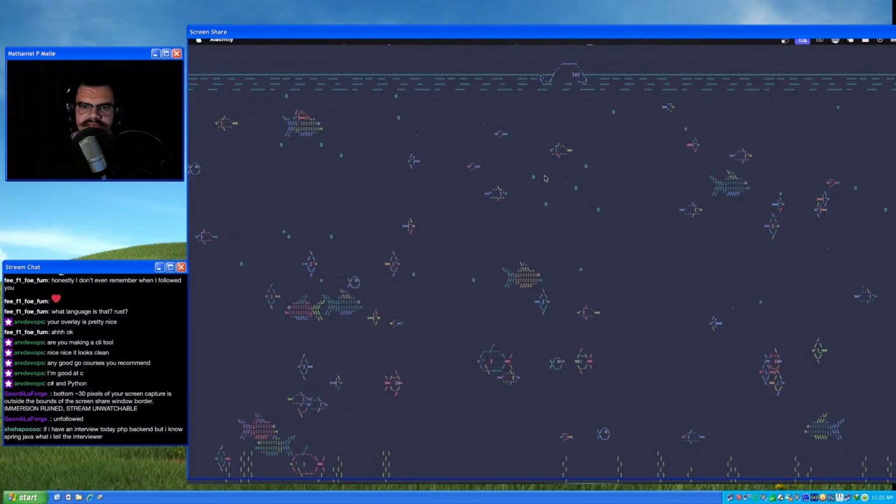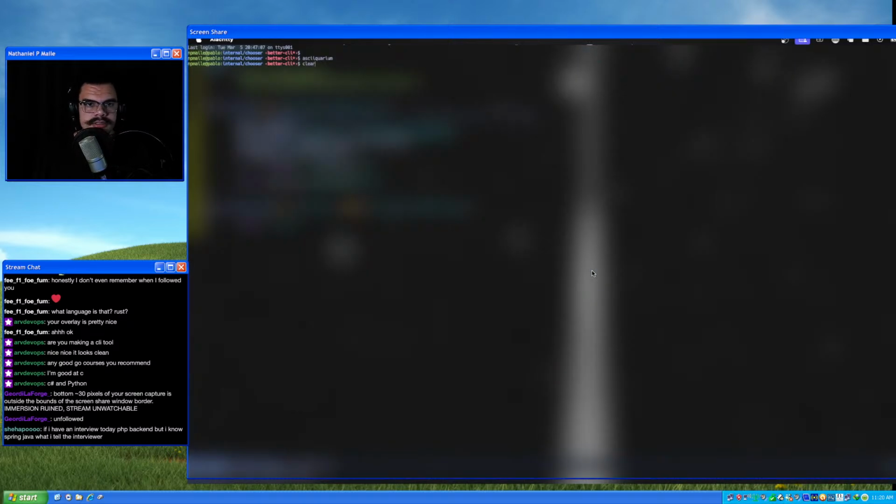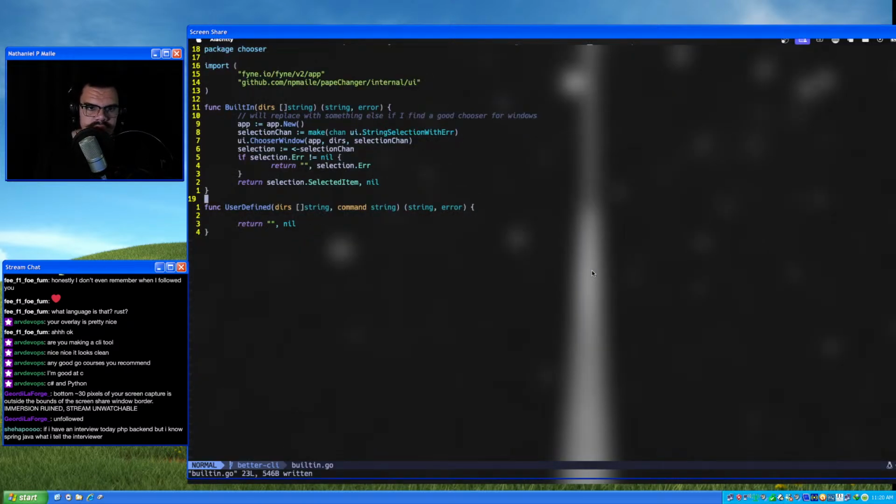It's a shame that clicking doesn't do anything other than just make the screen freak out. All right. If I run shell minus C, hold on a second.